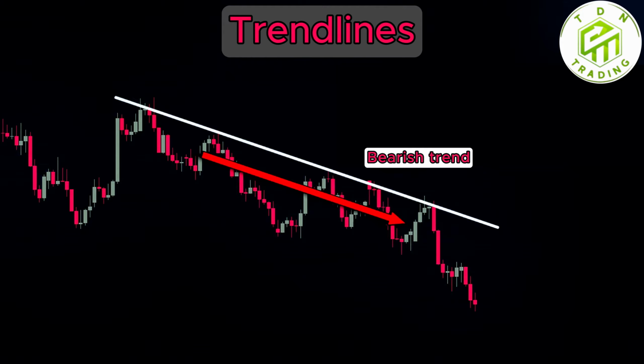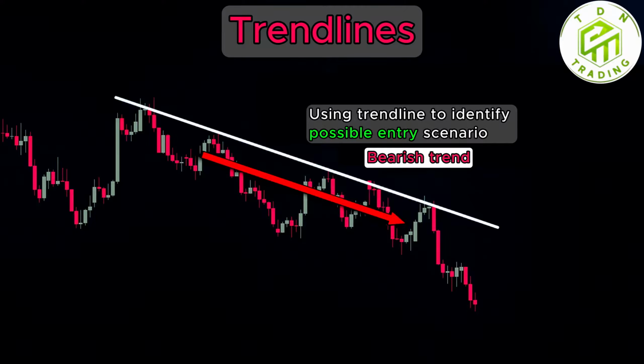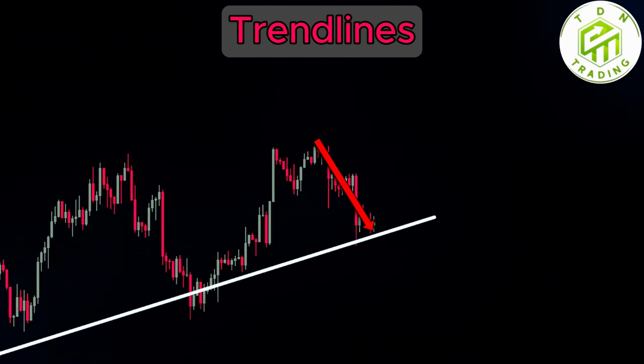And similar to support and resistance, you can also use the trend line to identify possible entry scenarios. For example, if price retraces back to a trend line, it can be a good opportunity to take a buy